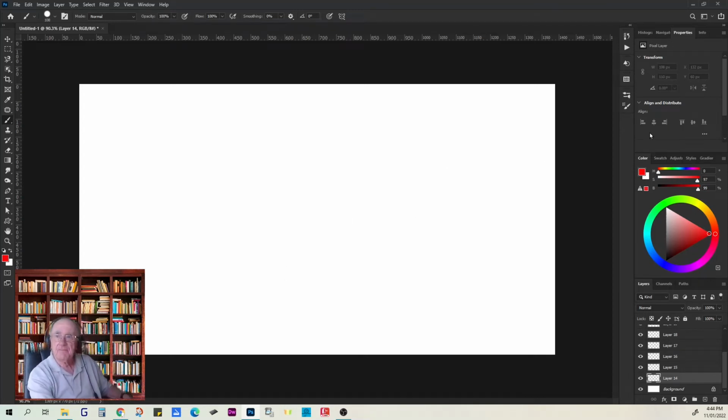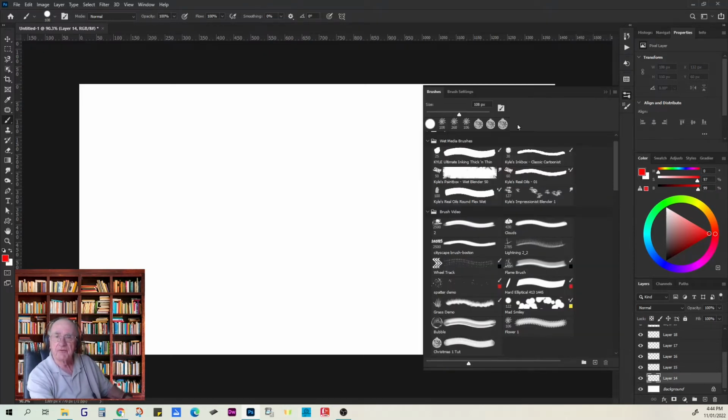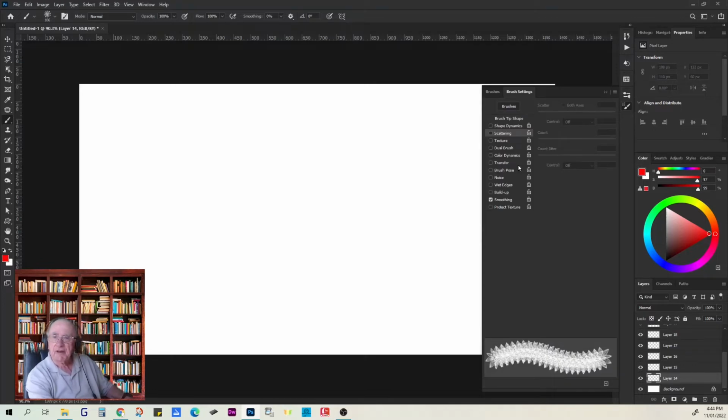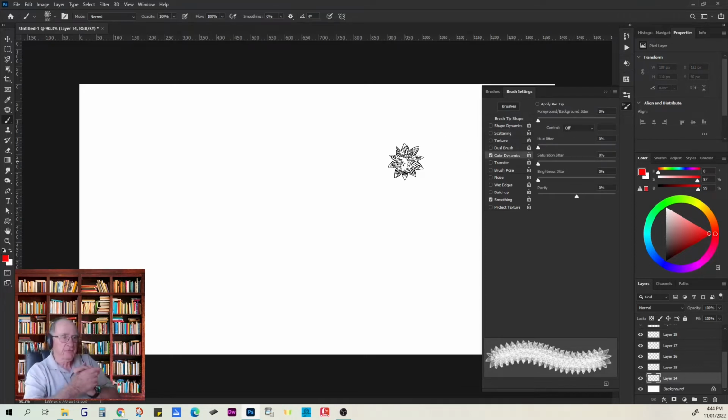Hi. Now we start to do something that's really, really interesting with our brushes. We get to have a look at brush settings, and we're going to look at color dynamics today. Now, when you first turn on the color dynamics flyout by selecting color dynamics on the brush settings, it looks